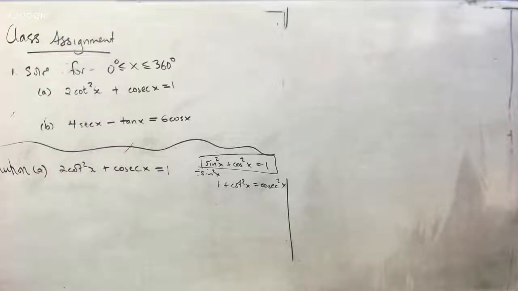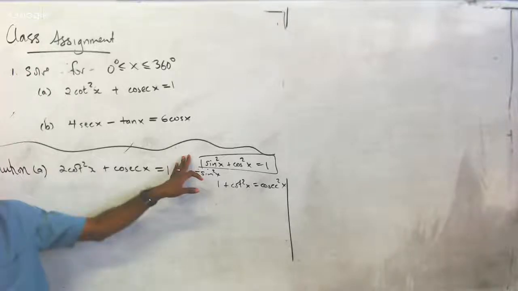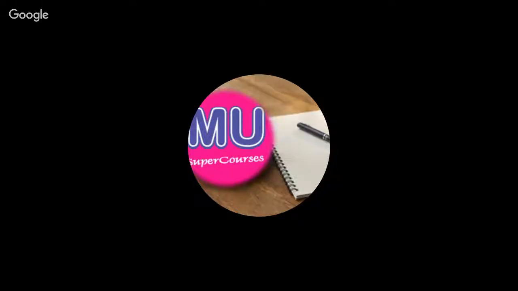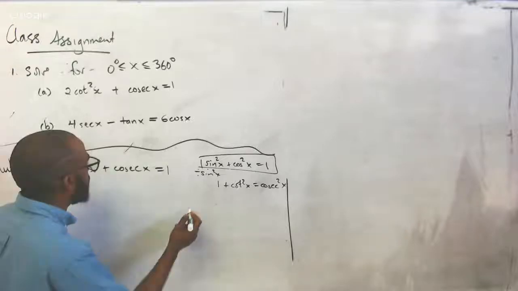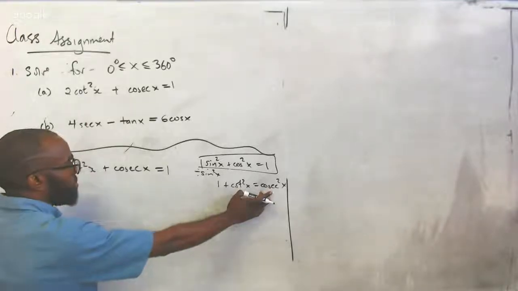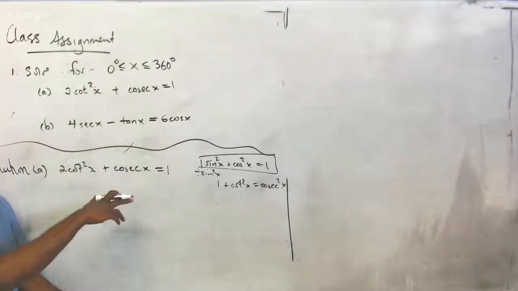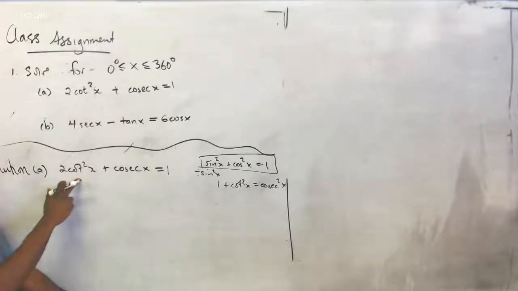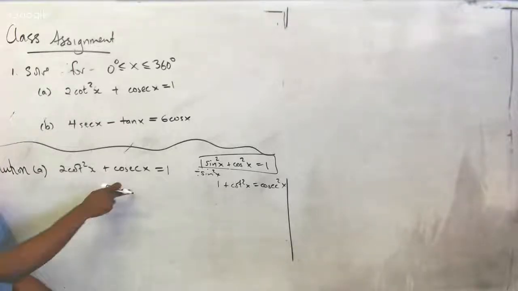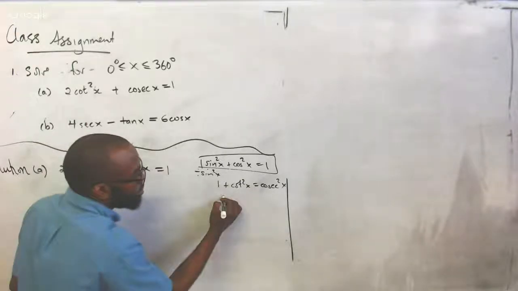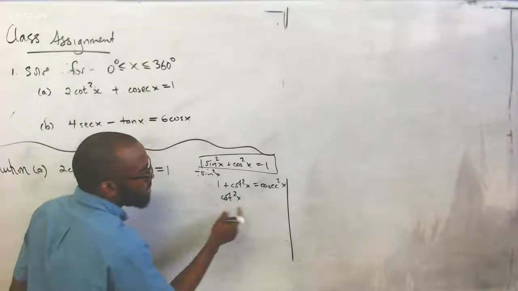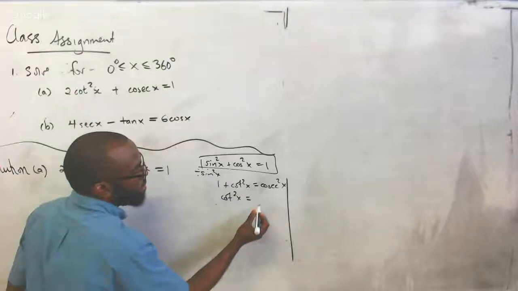When you watch the videos, you'll see how it was built upon, right? But for now, that's what we did. We just start with this and divide by sine squared, just because of what is in the denominator of whatever point value. So I know that anywhere I see cosecant squared... hold on, but I don't see cosecant squared. So I know that I have to change cotangent squared to cosecant. So I want cotangent squared on one side, and then I bring the one over here, so I get cosecant squared of x minus 1.